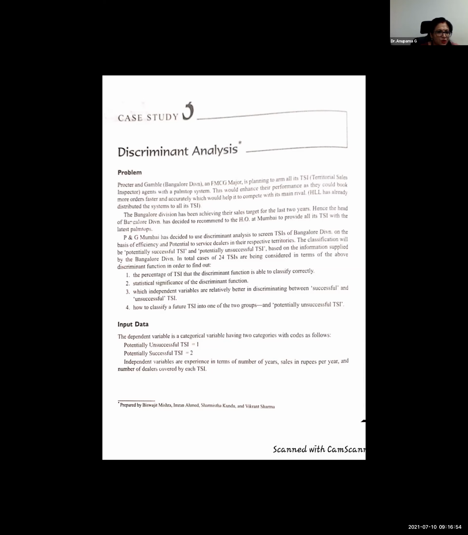All right. So you need to understand the scale of data that can be used with discriminant analysis. Primarily, the dependent variable is categorical. That is, you can classify it into 2 or more categories, and you can use the numbers 1, 2, 3. And it would help you understand how you're going to classify this based on the input variables, which are the independent variables, which need to be in interval or ratio scale.